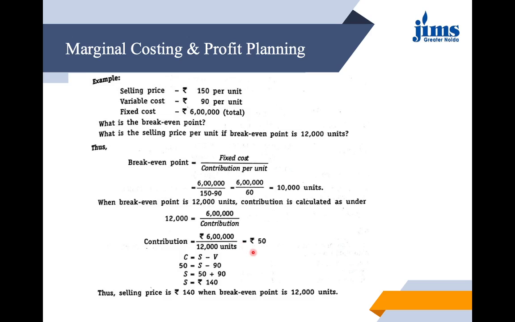That is coming out as 50, and we know that very well that your contribution is equal to your selling price minus the variable cost. So from there we can find out the selling price, that is rupees 140. Okay, so selling price of 140 when break-even point is 12,000 units. Okay,